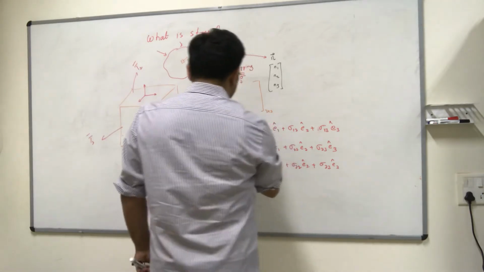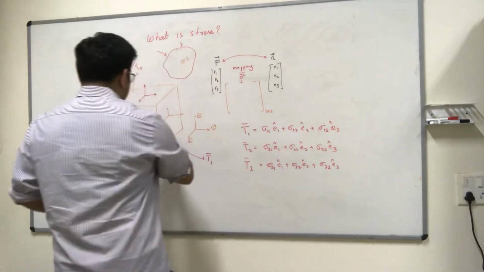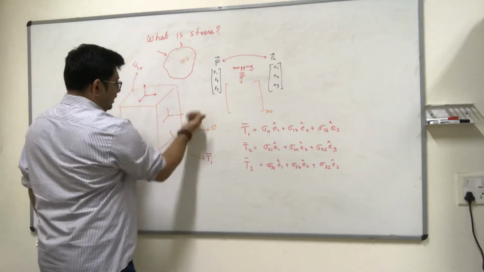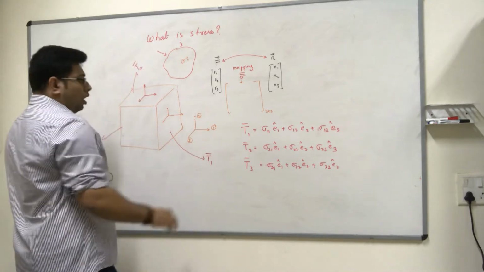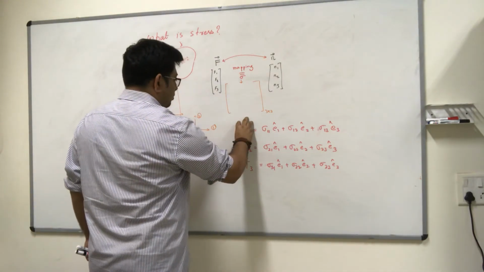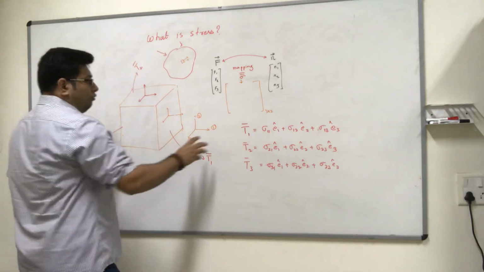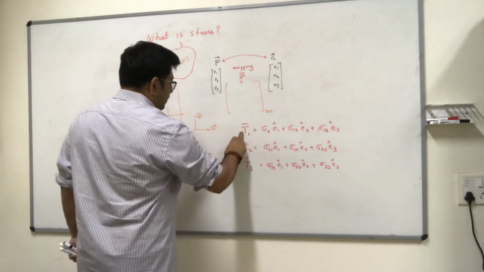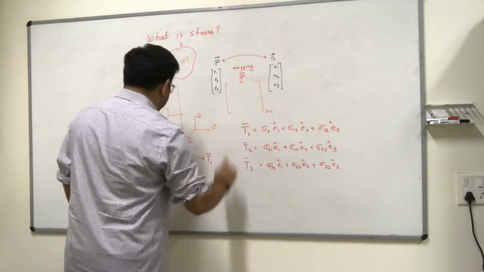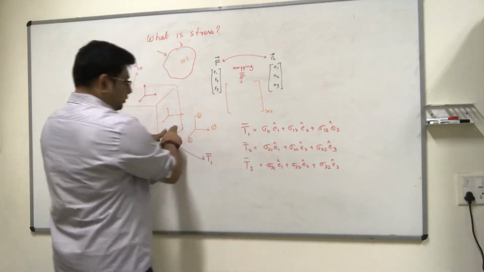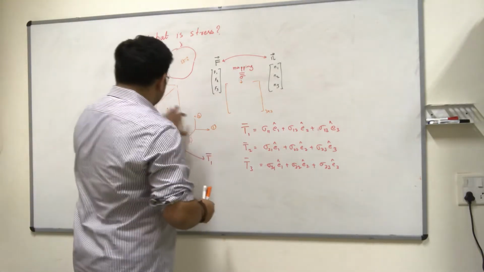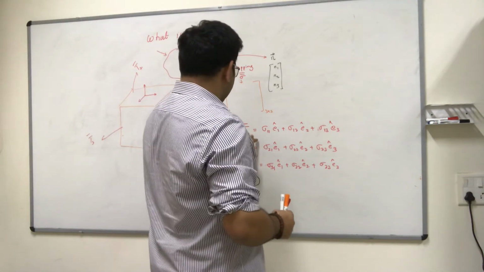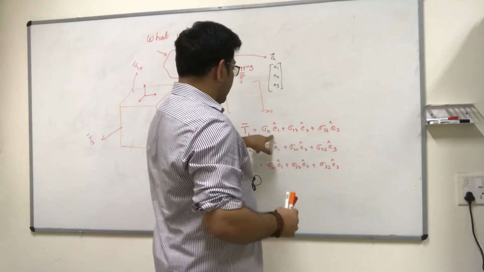So what I'm saying is that on my face 1 here, which is basically the face facing the direction of 1, there is some force that is acting on it. And a force that is acting on a surface is also called traction. So that is why I have written it as a T. And this is a vector, so I have written it as T bar. Okay, and the subscript refers to the face. So the T1 vector is acting on this particular face. And what I want to do is express this vector as a sum of these 3 quantities.